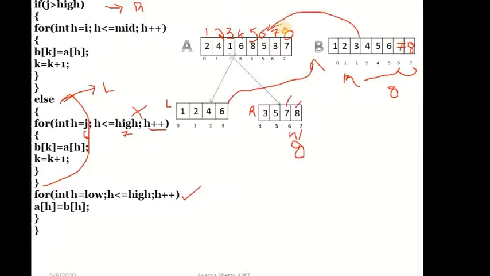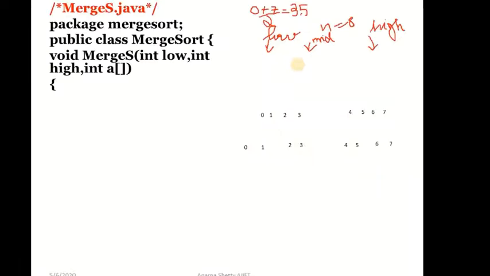So I had just asked you all to imagine that if we split the original array into two subarrays, and these two subarrays are sorted, how we can merge them in the original array. That I have shown so far. Now you might be thinking, how to split that original array into subarrays. So let us see that part.